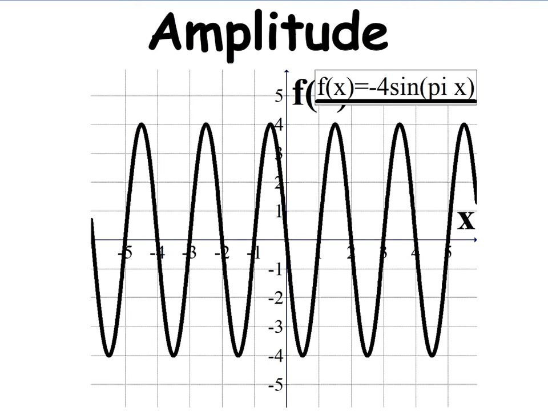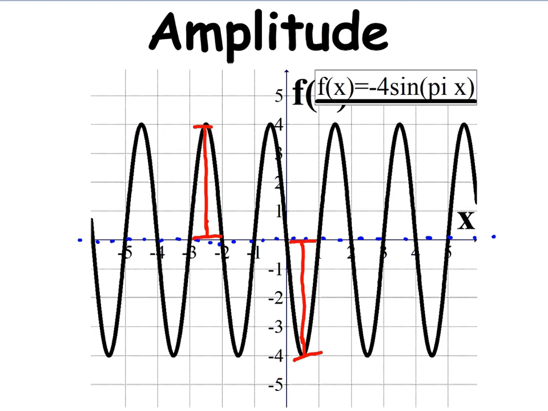Okay, for this particular example, the middle of the graph is still at 0. Now, I know what you're thinking, is it always at 0? Well, no, it's not. The middle of the wave can be somewhere else. Now, if we draw a line from the middle to the top, and then draw one from the middle to the bottom,